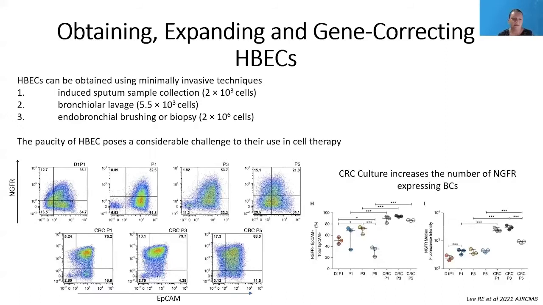Recent work from Scott Randell's lab has shown that with ex vivo expansion of cells, from freshly isolated day 1 cells through passage 1, passage 3, and passage 5 cells, there's a depletion of the NGFR and EpCAM expressing basal stem cells over time. Scott's lab has used this conditionally reprogrammed culture technique, in which the cells are grown in specialized media on NIH3T3 cells. And what you can see by passaging the cells